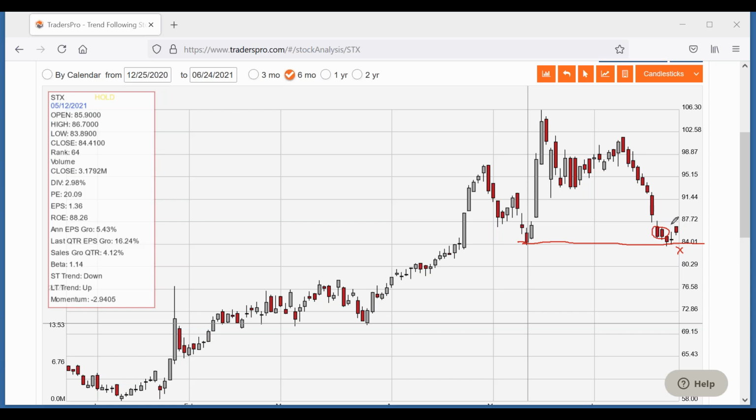But the point is that you can always get unexpected things coming out. But the price action right here is saying that the condition of the stock is in a state where sellers are exhausted. They've sold all the way down. You had this big run up. You're at a support level right here. Sellers are looking exhausted. If there's any reason to buy, the stock should start to move up,